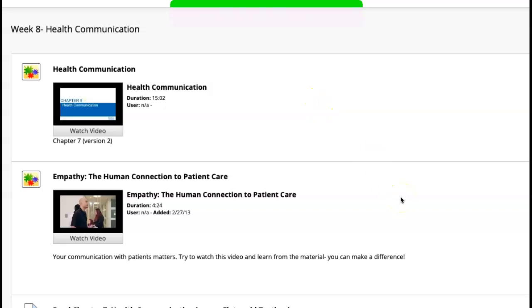Welcome to week 8. Week 8 we talked through chapter 7, and I know on the video it'll say chapter 9, but it's just a text difference, so don't worry about it. Version 1 of the material had chapter 9 where chapter 7 is, and vice versa, so there are no changes otherwise. They just moved the chapters. I'm not sure why, and I know we've seen that before in a different video, so don't pay any attention to that. You need to read chapter 7 in your textbook, but when you're watching the video it's going to be the same thing. So be sure to take a look at health communication.